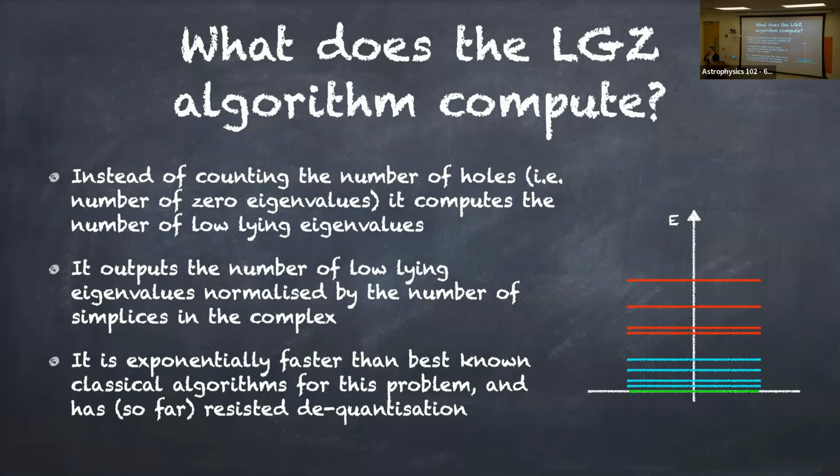I have not thought about this myself, about actually using shadow tomography. It might be able to give you some information. I don't think it would be able to give you as much information as you can get from this algorithm. Or it might, I guess it all depends how many times you have to run it, because it's essentially a sampling algorithm. So how many times do you have to run it to get enough samples to get an accurate idea of the spread of these eigenvalues?